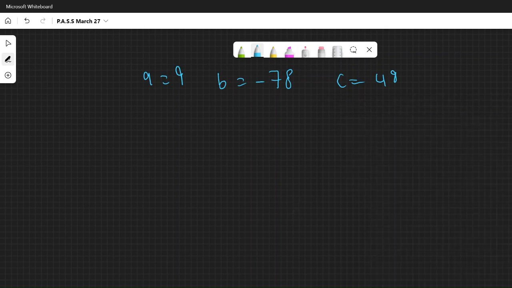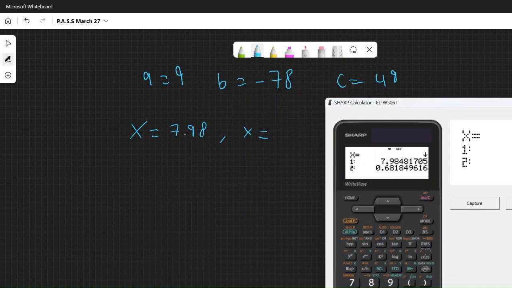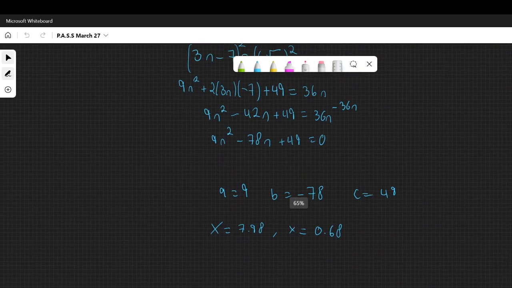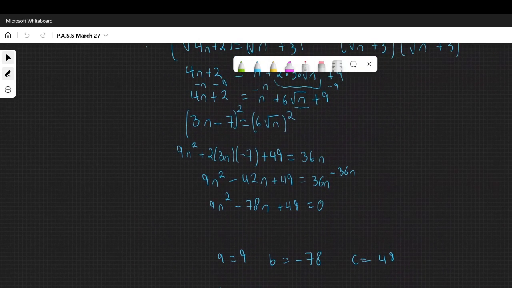So we have x equals 7.98 and x equals 0.68. Whenever you have one of these radicals and then you convert it into a quadratic, occasionally there can be